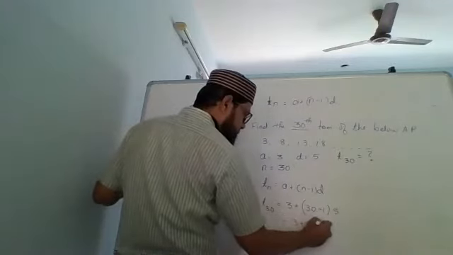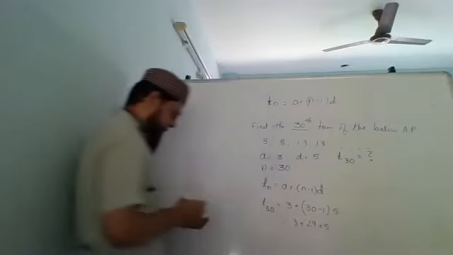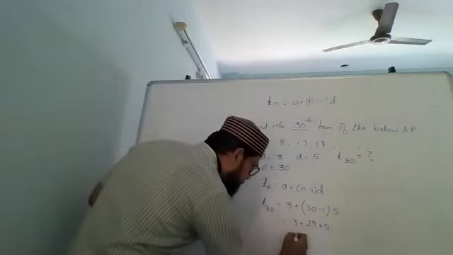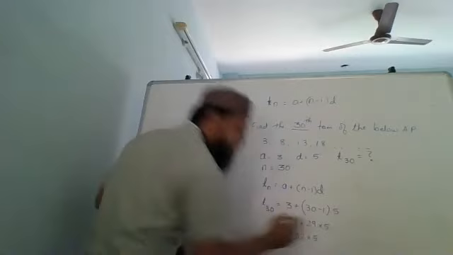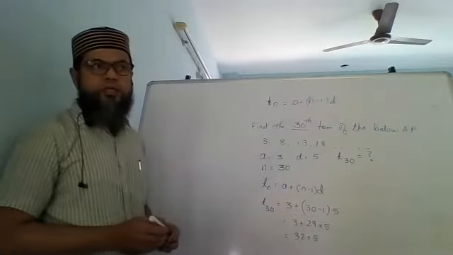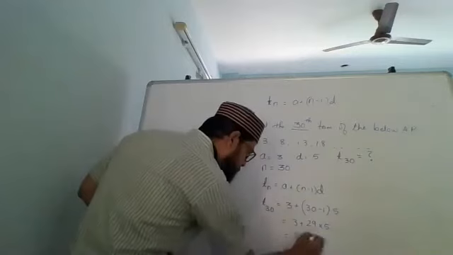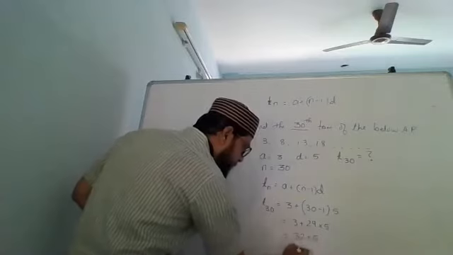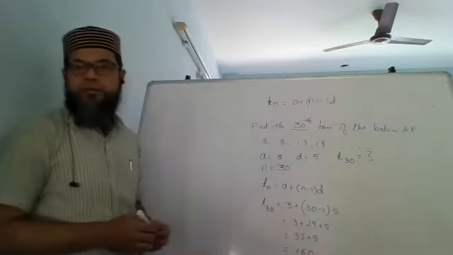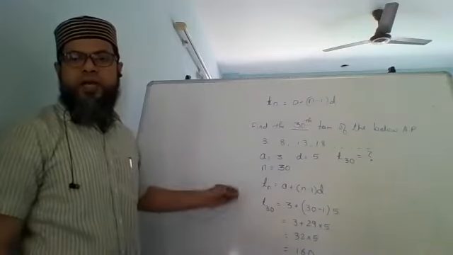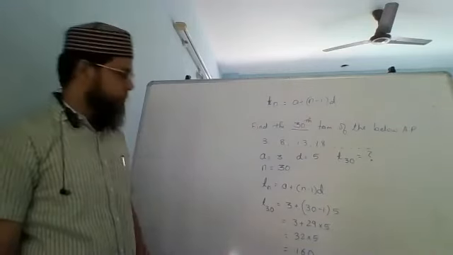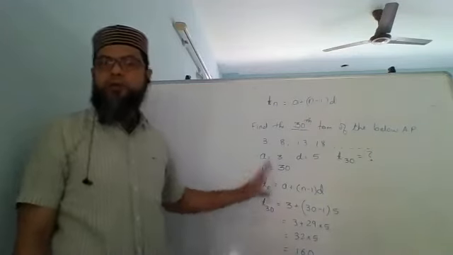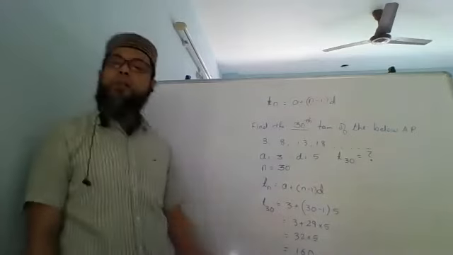30 minus 1 is the next mistake that those of you who make it are going to make. So this will be equal to 3 plus 29 into 5, correct? How much is 32 into 5? 5 2s are 10, 1 carry over, 5 3s are 15, 15 plus 1, 16, correct? And you will get a 0. You will get this answer, and you will get half mark for the formula right easily, but the sum is wrong.